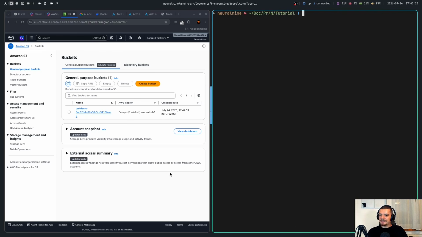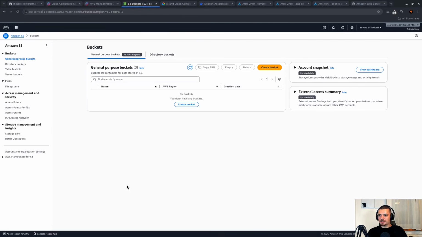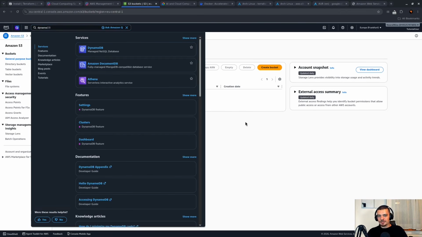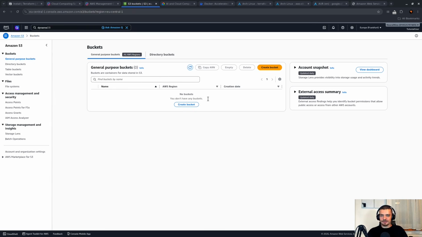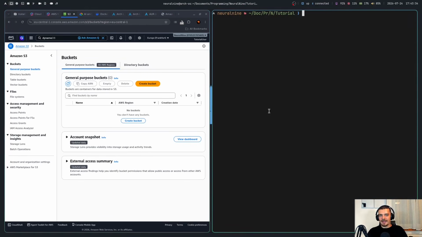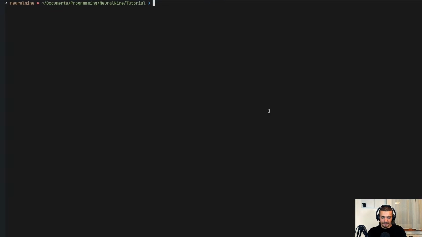And you can already see the benefit of doing that, because usually you have to go to S3, you have to go to DynamoDB, you have to create users, you have to give permissions, everything manually, and then you have to delete everything with the mouse in this UI, or you do it in your command line with different commands, but you always have to rerun the same stuff. With Terraform, you have one config file, you apply it, you destroy it, you apply it, you destroy it, and you can do that across different systems. This is the benefit of using it.